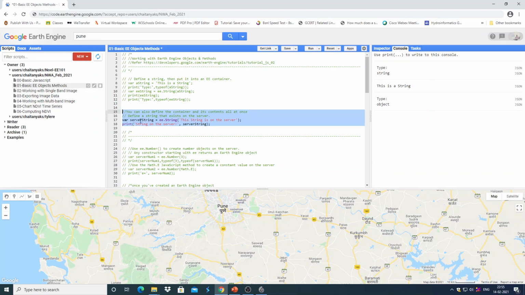We are declaring a variable, server string, using an ee.String container, and the type of it will be an Earth Engine string object.